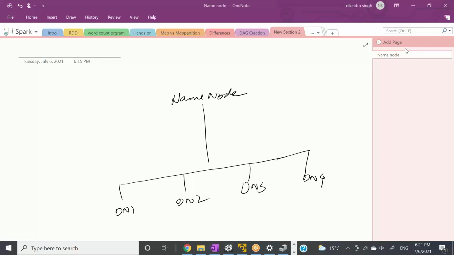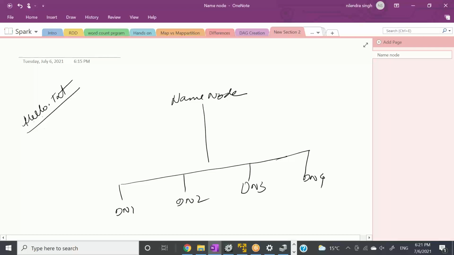Okay, so where are we? Basically, let's assume that your Spark is running on your HDFS. In HDFS, we have the name node and multiple data nodes, right? So let's say we need to process one file. The file name, let's say, is hello.txt, and inside this file I have multiple words.